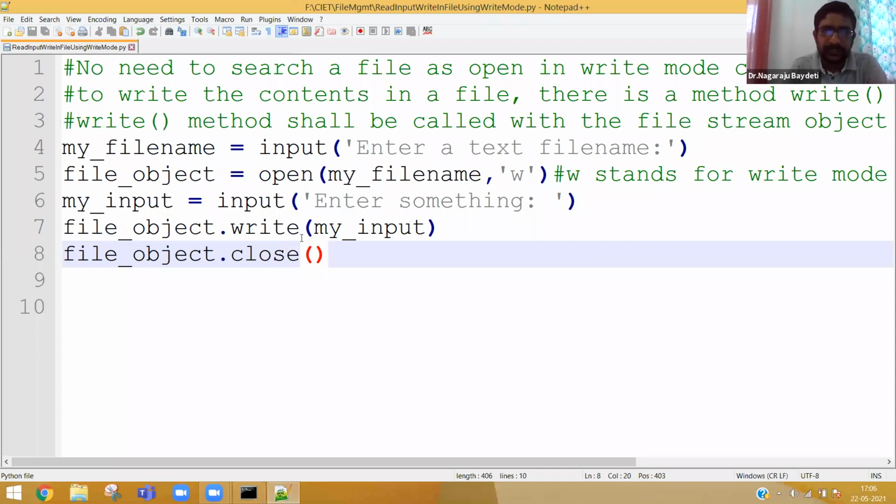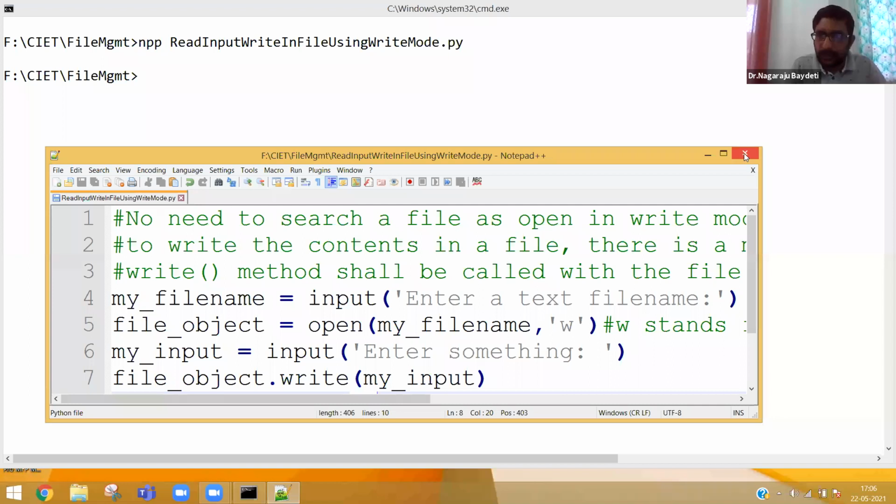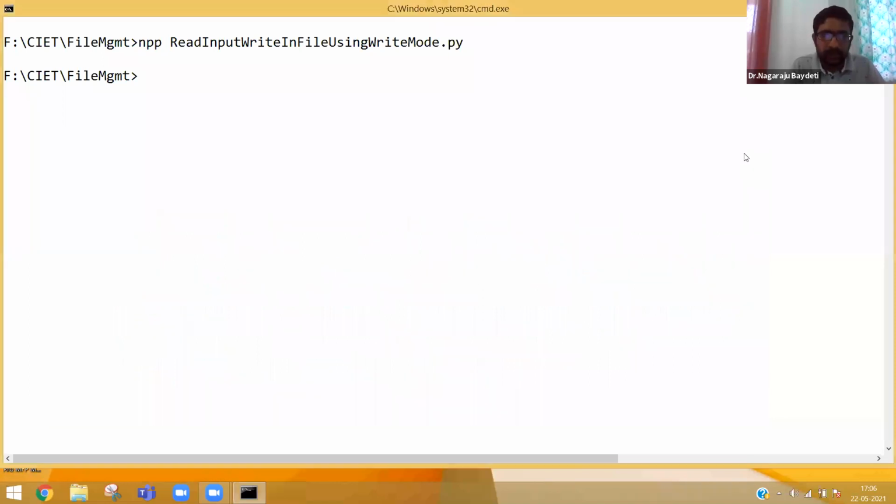So .close means it will close the file. You know, after your work is done, usually you will close all the files, no? That is manual. So for example, I can come here and if I click this cross button, it's closed, no? That is closing a file manually.